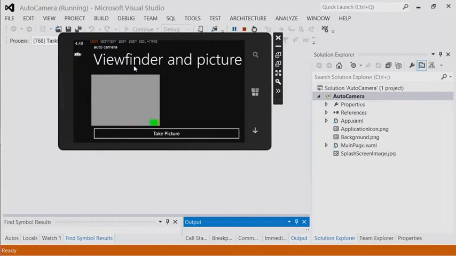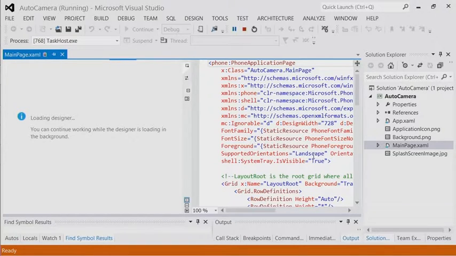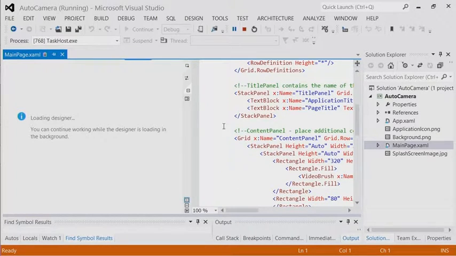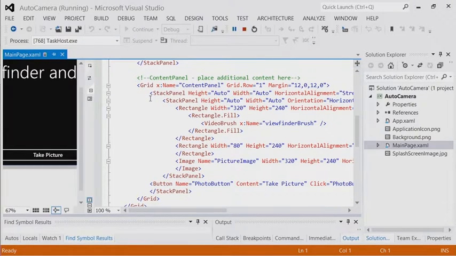So the UI from this, we've got a rectangle on the left where we actually have fired up the camera hardware, and this is the video stream that is coming from the emulated camera. So we're showing that on the left side there. So look at the XAML for this guy. And on the right, so here we've got our XAML, we've got the rectangle with our viewfinder brush in it, that's what we saw